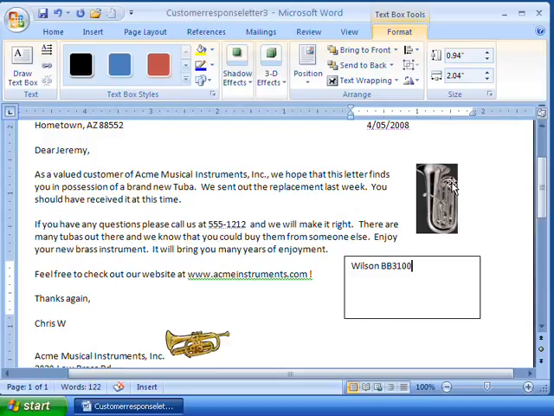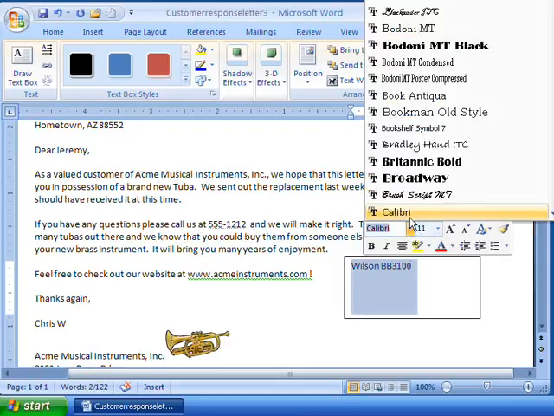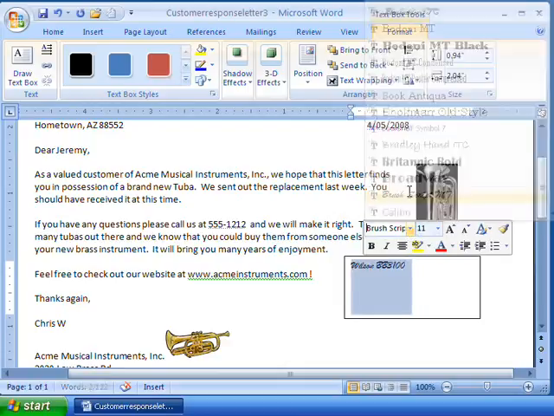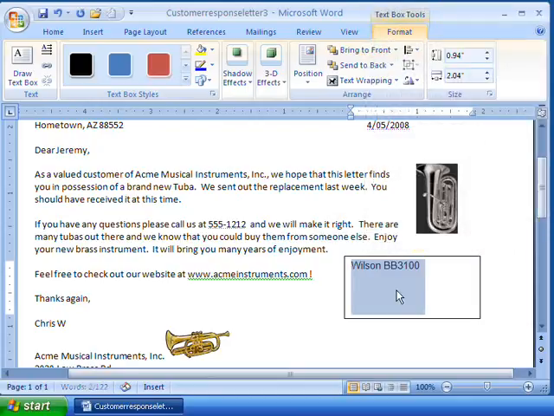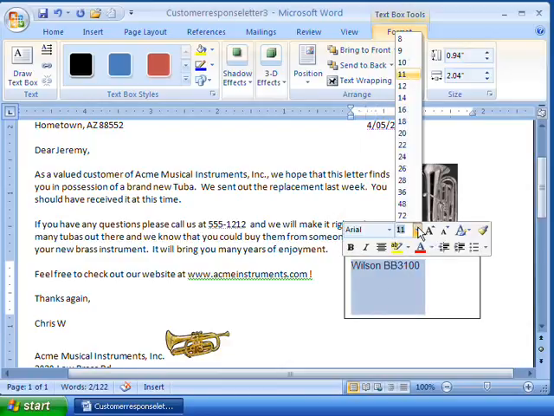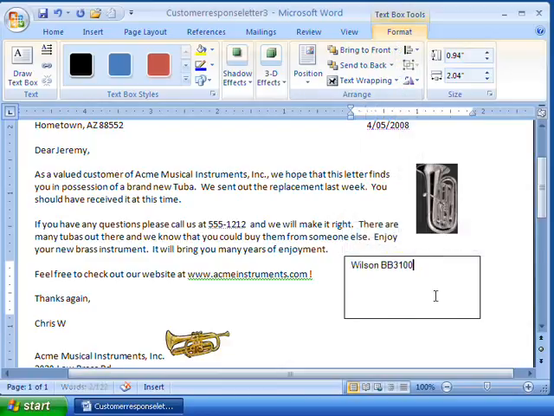And now I want to place this text down here. Inside the text box, I can still make changes to the font, maybe make it a brush script, or change it to more of an Arial look. I can change the font size if I want. Let's say I want to make it a little smaller, make it 10. Now I've got the formatting on my text within the text box. Notice it doesn't affect any of the text out here, just the text within the text box that I've highlighted